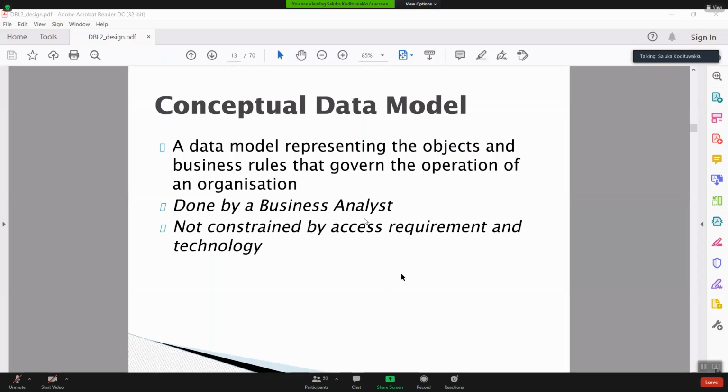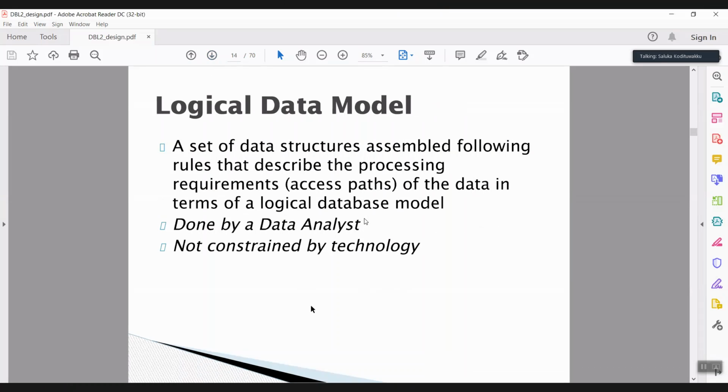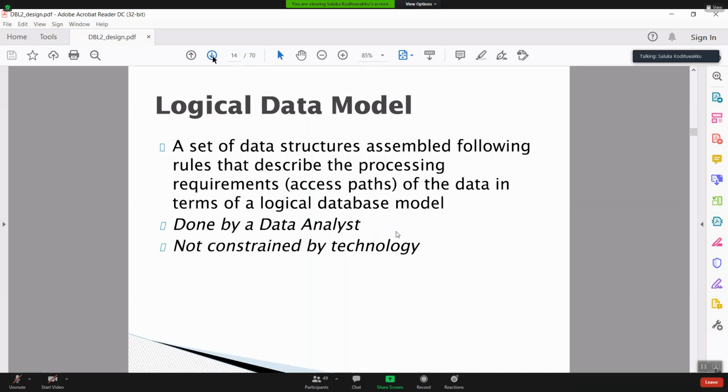And then once the data model is constructed as we discussed, the logical data model is designed, and that is also done by the data analyst. That is what we call the core of the database. In order to construct a consistent database, the database designer should pay more attention to the logical database, because all the user-level applications and the performance of those applications depend on